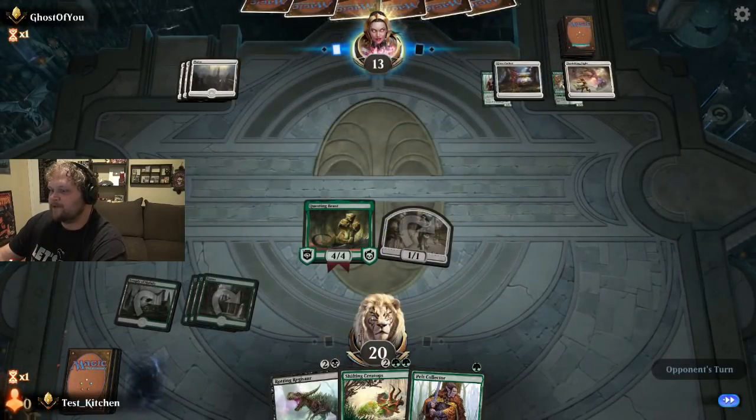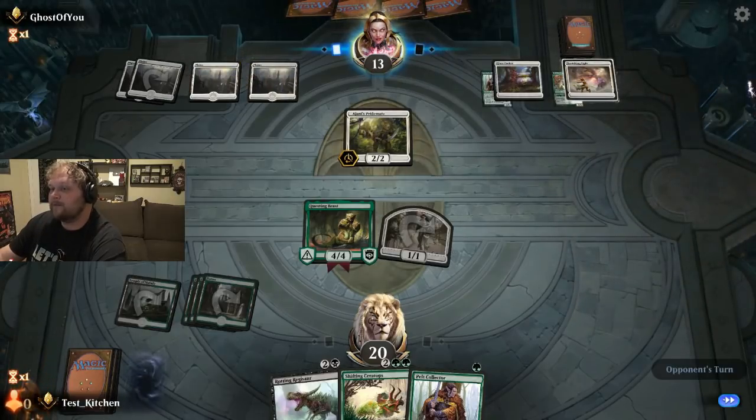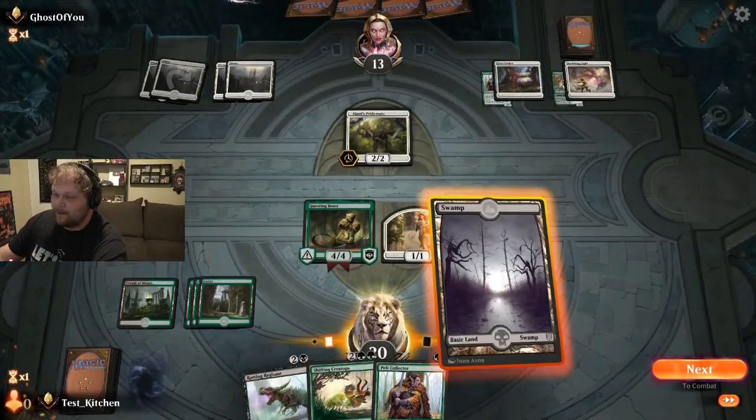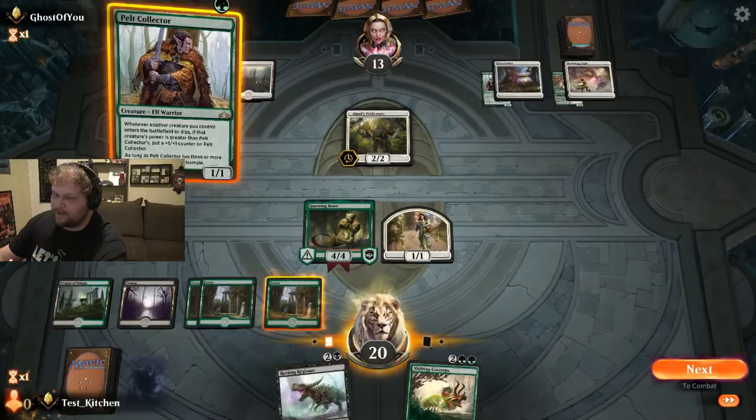Now if they Shatter the Sky, we get to draw a card and we still have a handful of gas. We're going to Johnny's Pridemate. Okay, it's that kind of party. I was not aware that it was actually that kind of party. Alright, so we get a land here this turn. Which means we can...